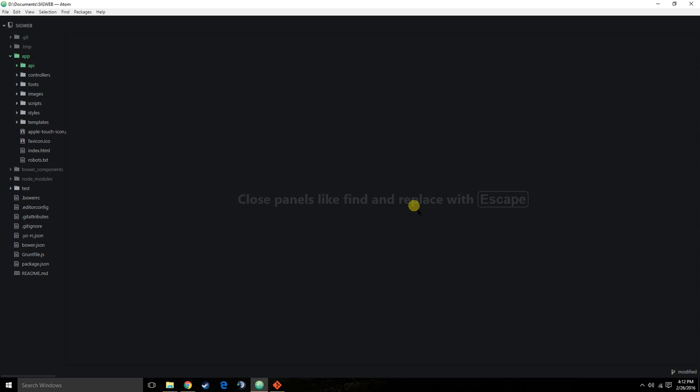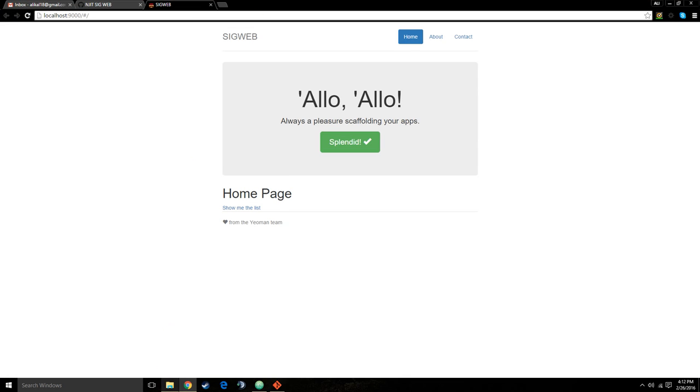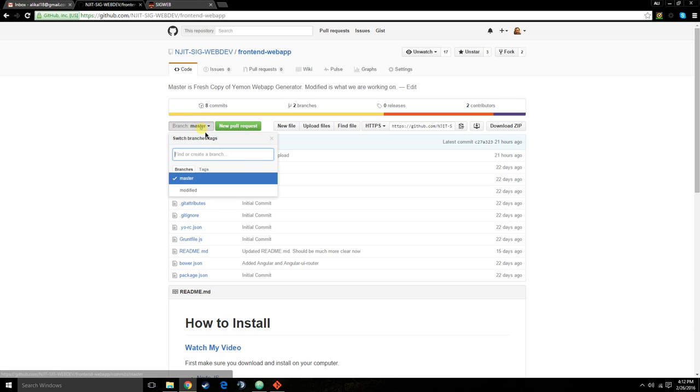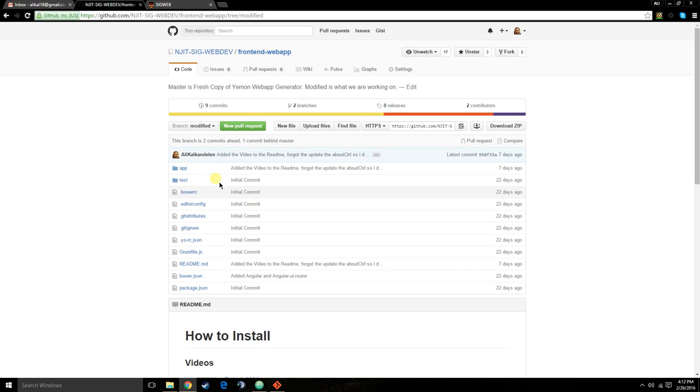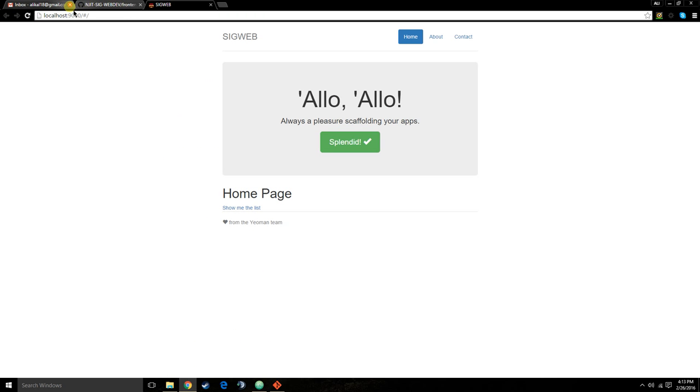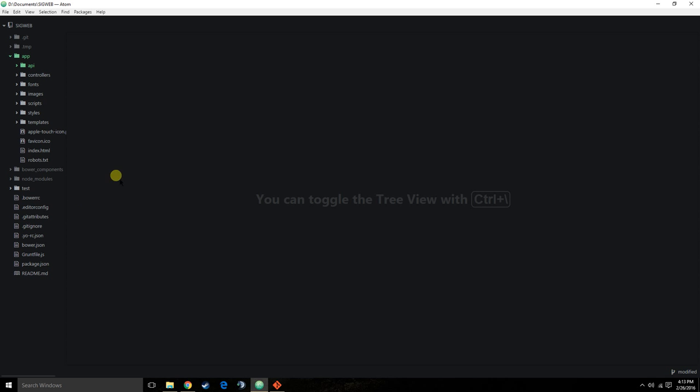I opened up a LOLO page. I've just copied the front end web app in the modified branch. So I have just cloned this for now. So this is a fresh load of that clone. And then we have the LOLO here open. Let's close that. Okay. Alright, so the first thing that we're going to do is clean up some of our